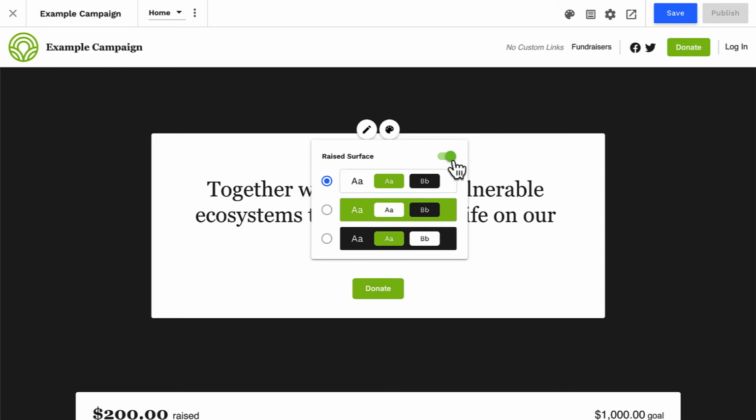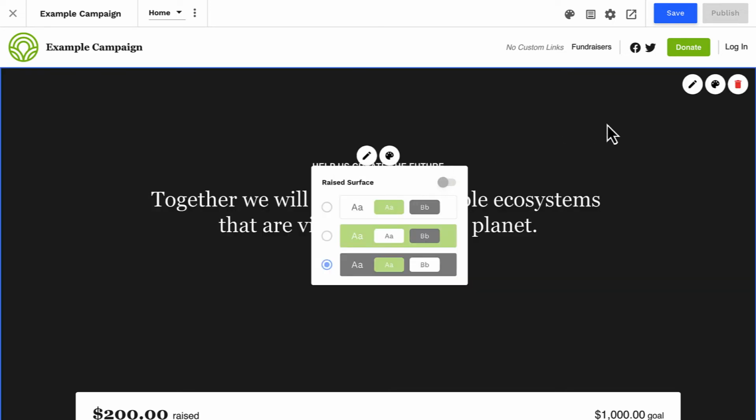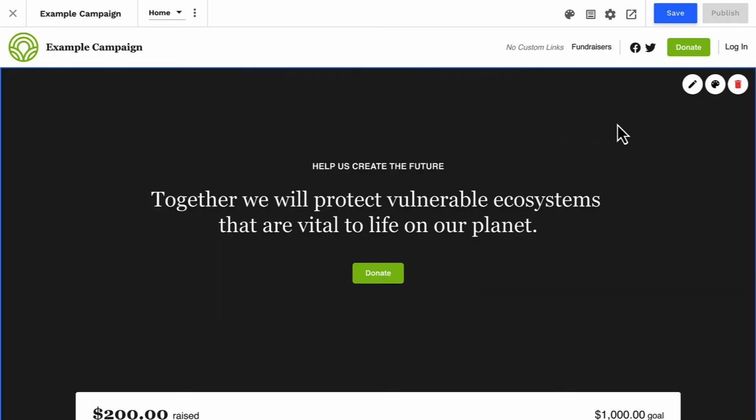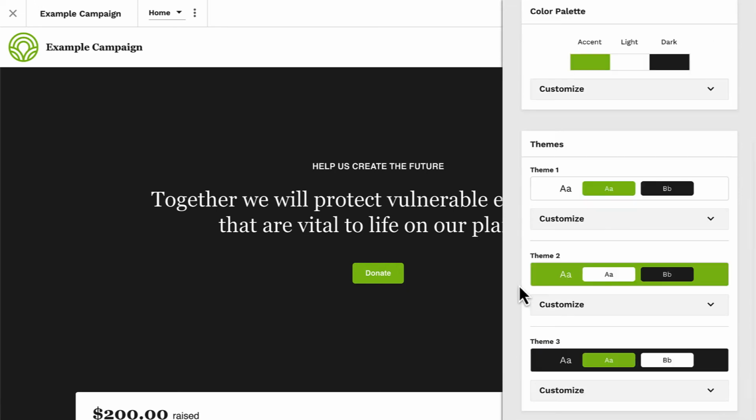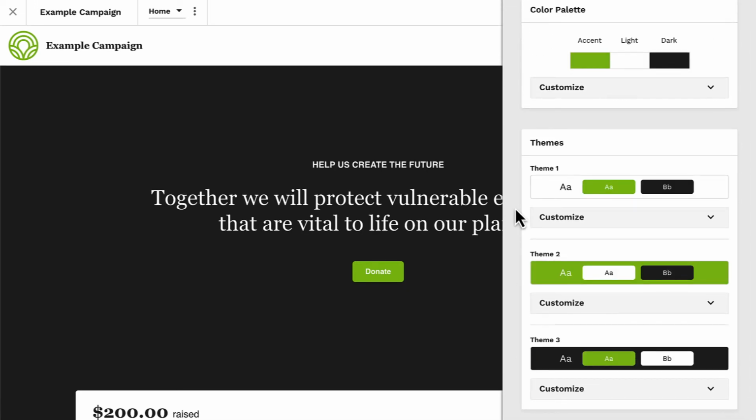Okay, there's much more where that came from. But for now, we have a good understanding of how our site's color themes can be used to build engaging page sections. Let's jump back into our theme settings to learn a little bit more. As we just saw, your themes come with 3 variations that can be assigned to specific page sections or content blocks. These theme variations are pre-built based on your customized color palette, and in most cases, we recommend only adjusting the theme variations when needed, but it's a powerful set of configurations if you're feeling fancy.